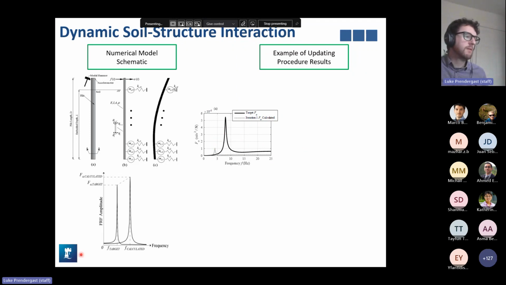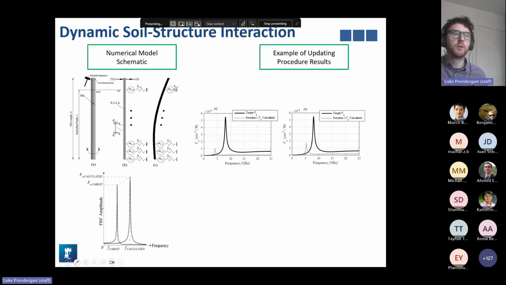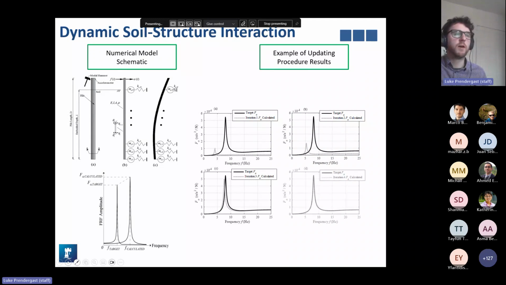In the next iteration, I'm just going to press the button here, we get a slightly closer prediction, but still it's quite far away. So we use an approach called linear projection, which allows us to try and minimize the objective function in this iterative approach. In the third prediction, we get a much closer prediction. And finally, in the fourth prediction, we get an exact match. Now, I am eager to say that this is numerical data, which is perfect, noise-free. We did also add some virtual noise to see how that would work, but this is just to give you an idea that this approach can work.